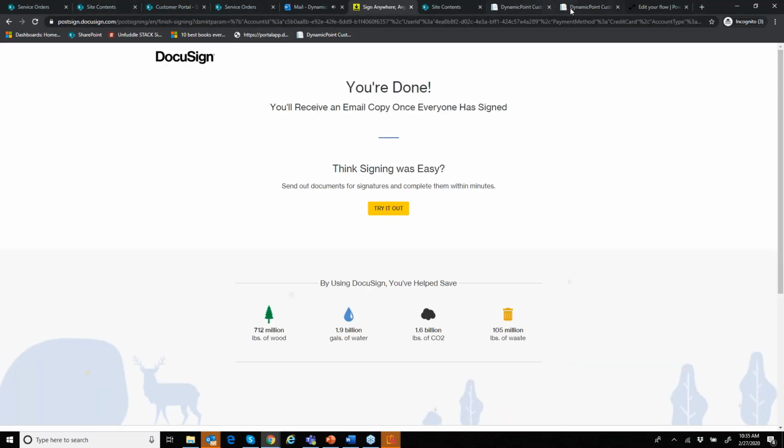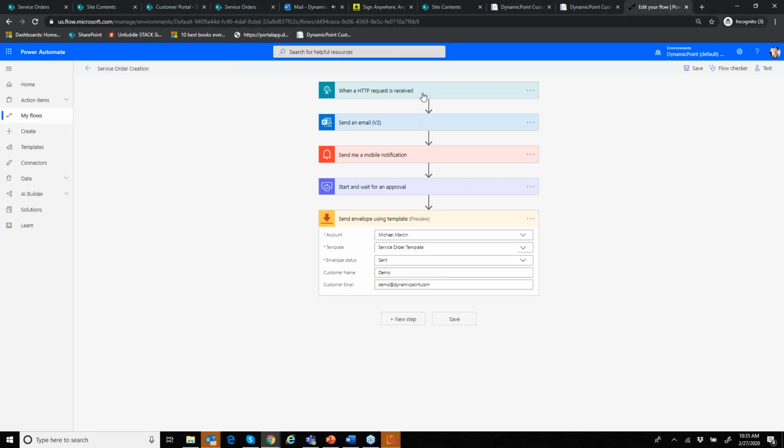So if we were to go back to our workflow, just again to review, got an email notification, sent a mobile text notification, started an approval. Upon that approval, it sent me an electronic form. So other use cases for that is vendor onboarding, W-9s, things like that. So that concludes the interactive demo for the sake of today. I do have a couple more slides, but nothing too big. So I'll go ahead and